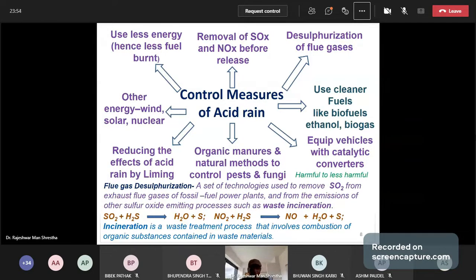And organic manure instead of artificial chemical fertilizer. Chemical fertilizer also releases these gases. So instead of chemical fertilizer, we have to use organic manure, compost, and natural methods to control pests and pesticide. Instead of using pesticide and fungicide, we have to use natural methods like mulching. Mulching means covering of the soil before cultivation